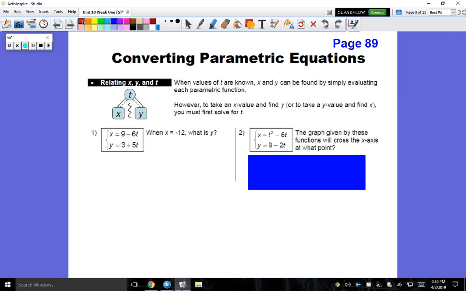Okay, so let's look at the following. Again, anything from this can be on the quiz as well. I feel the quiz is a lot more representative of day 2 more than day 1. Here we go. So when values of t are known, x and y can be formed simply by evaluating the parametric function. However, to take an x value and find y, it's all going to revolve around solving t first. For instance, if I asked you to tell me when x is 12,